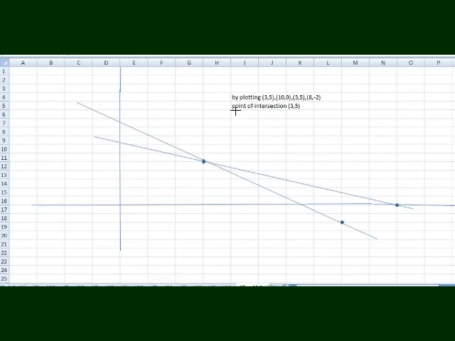Let us draw the graph, plotting 3, 5 and 10, 0 for the first equation. These two coordinates we got from the first equation, and 3, 5 and 8, minus 2, these two we got from the second equation. Here this is the x-axis and this is the y-axis. Here 1 unit is equal to 1 centimeter. So 1, 2, 3, 4, 5, in this way the points will be plotted on the x-axis, and 1, 2, 3, 4, 5 in this way on the y-axis.